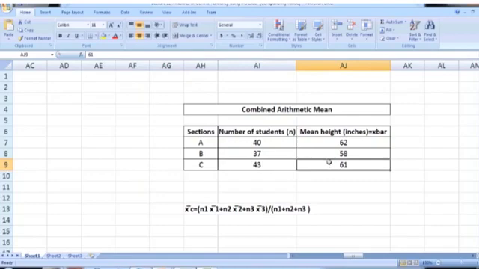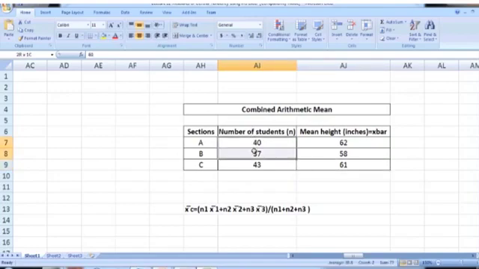61. Since we are interested in the combined mean, remember that the combined mean x bar C is n1 times x1 bar plus n2 times x2 bar plus n3 times x3 bar.